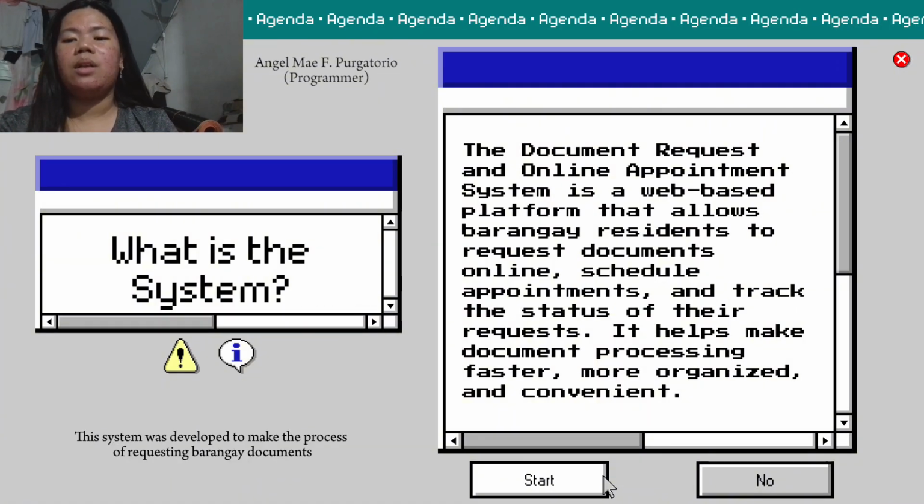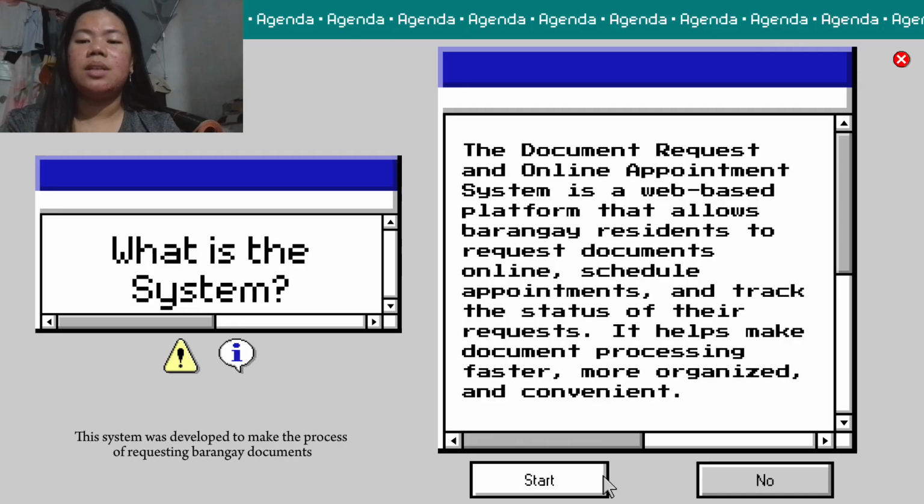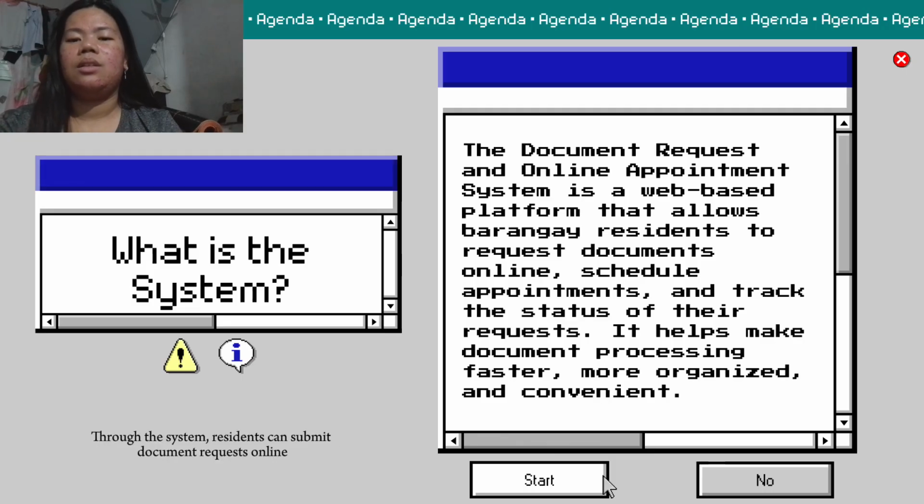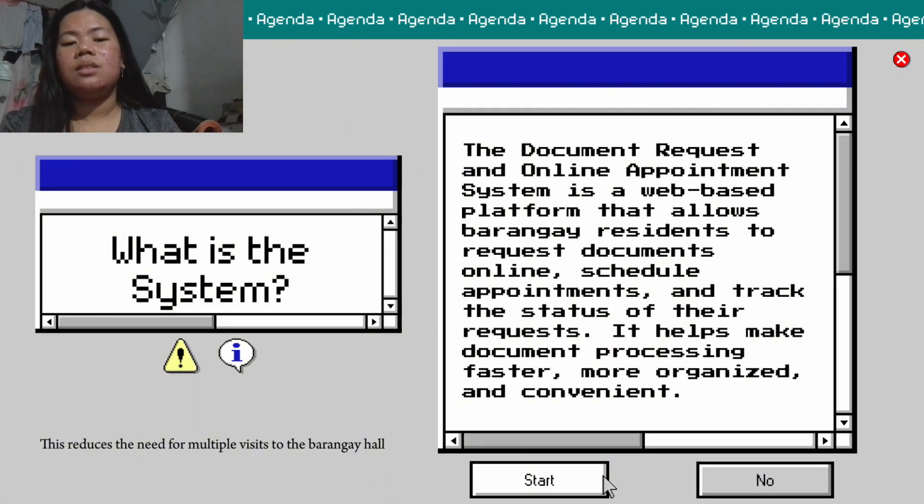This system was developed to make the process of requesting barangay documents more convenient and efficient for residents. Through the system, residents can submit document requests online, choose an available appointment schedule, and monitor the progress of the request. This reduces the need for multiple visits to the barangay hall and helps save time for both residents and